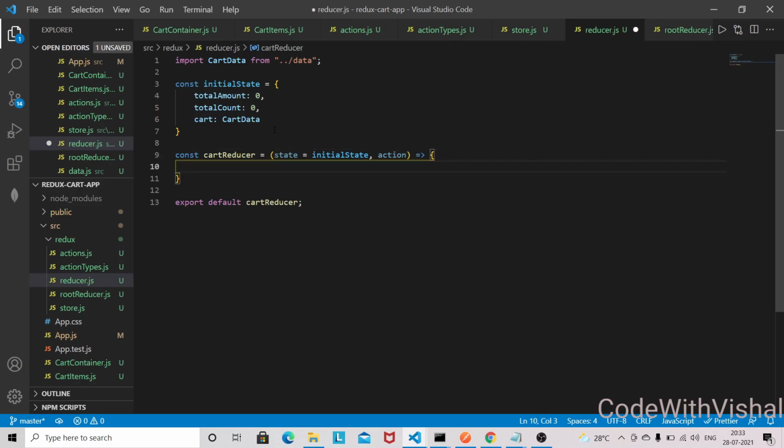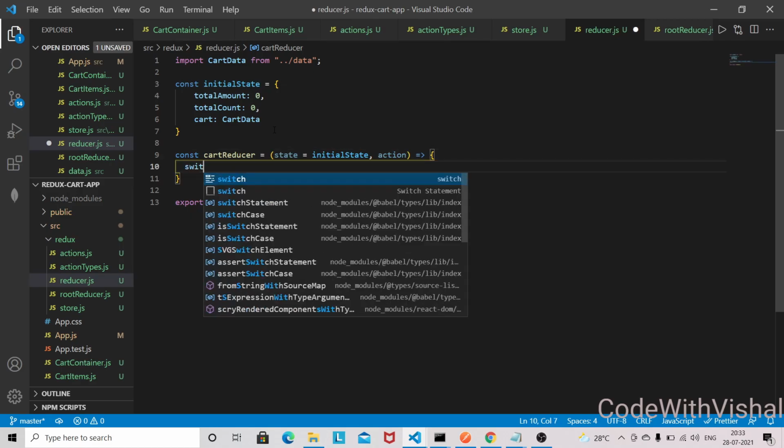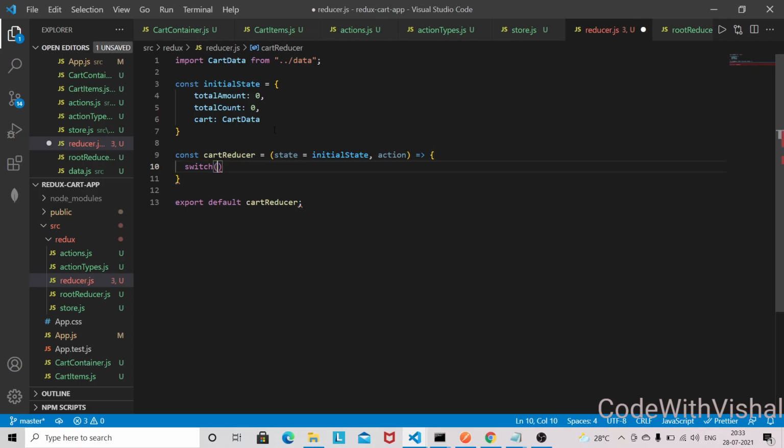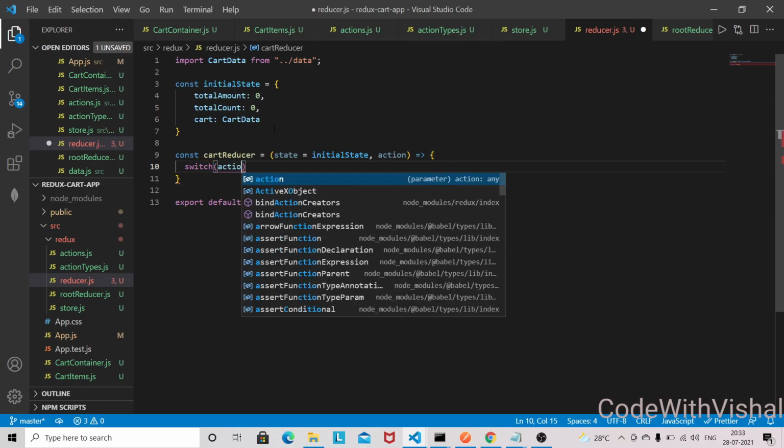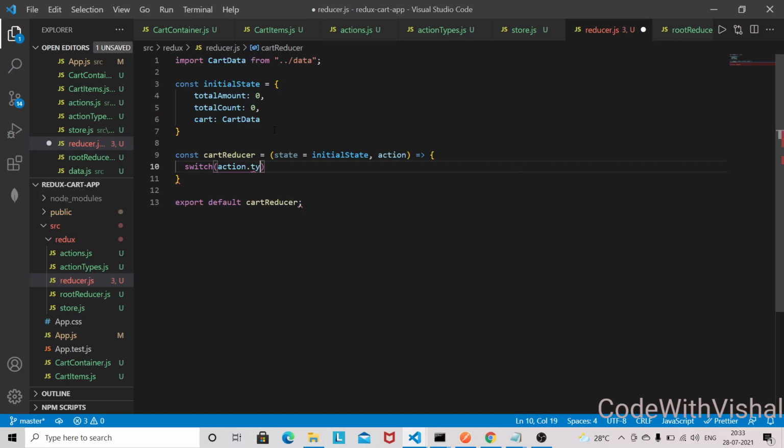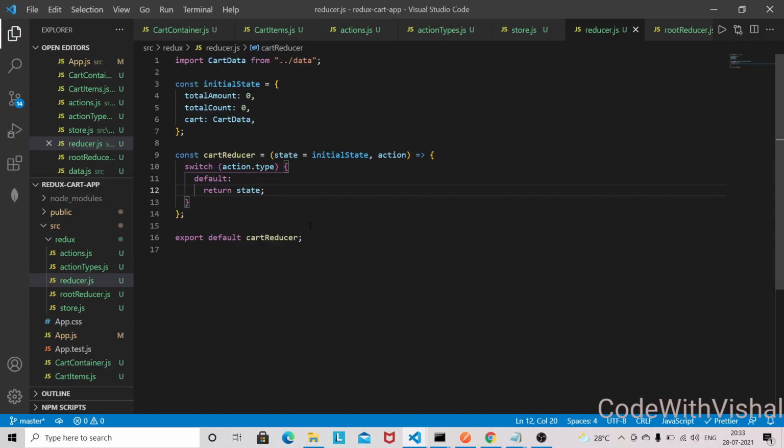So as of now we don't have any action, so I'll just return the default state in the switch case. So action.type, and here we'll have the default, so default case will just return the state, so that we don't get any error once we reload this application. So on reloading the application in the browser, we don't want any error, so that's why I'm doing it this way.